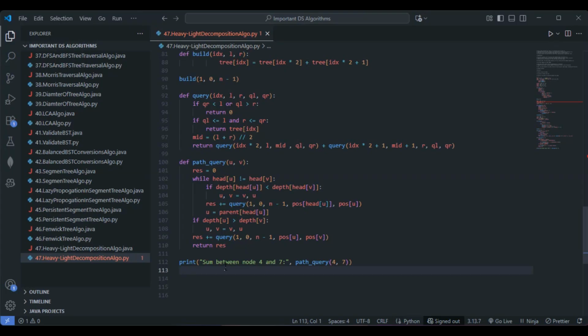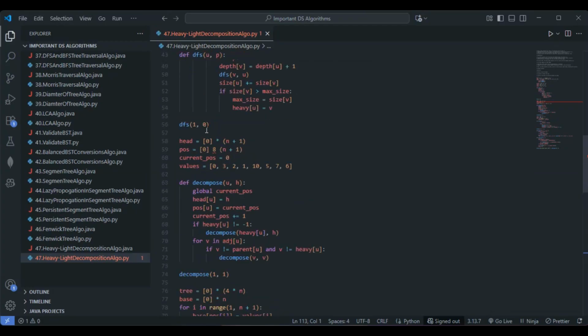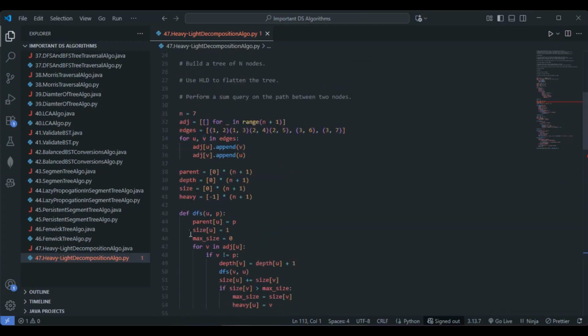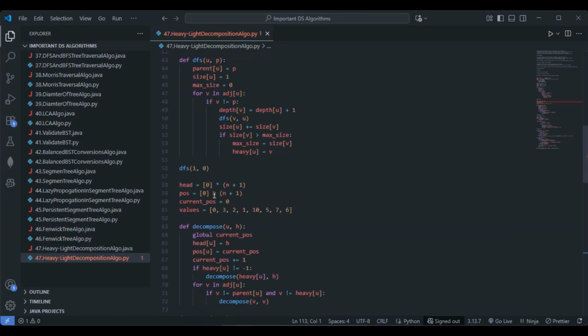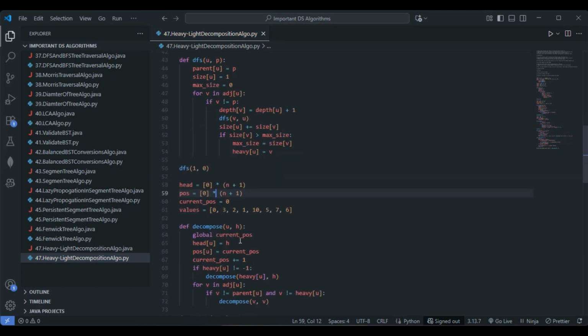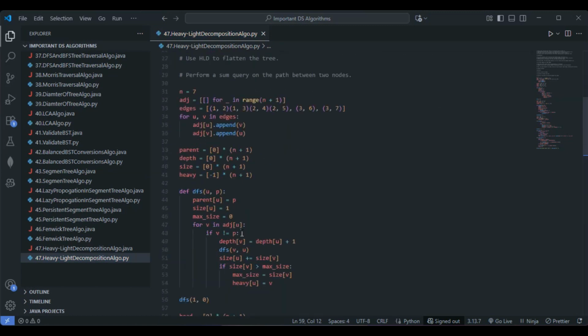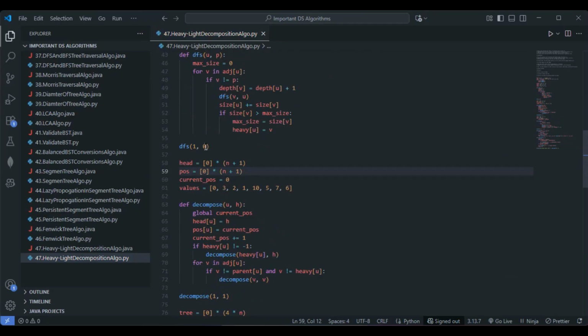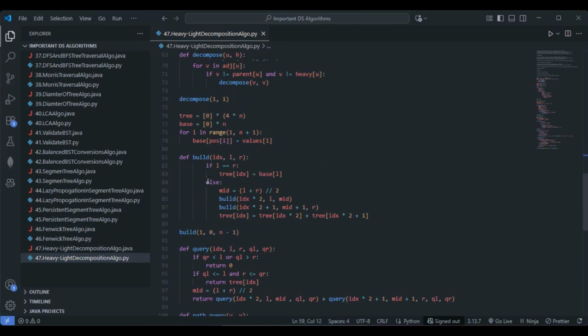Before moving on with running the code, let me explain whatever we have done here. The first part is the build. This DFS is fine. Decompose DFS, I have explained this one. See here, this one has to be a multiplication symbol. Many times I make this mistake. Initially we went with a build DFS, then the decompose with the help of this one, then we went with